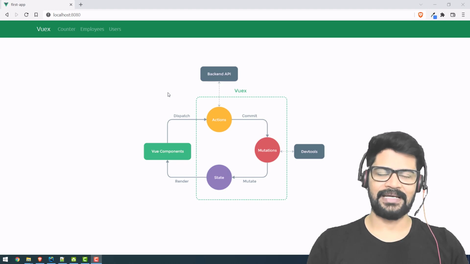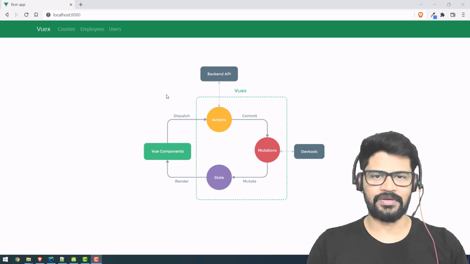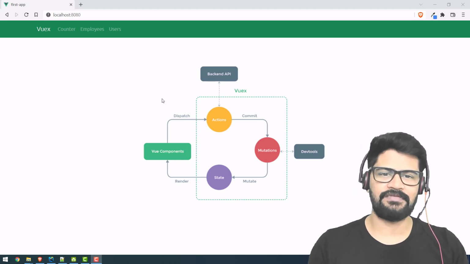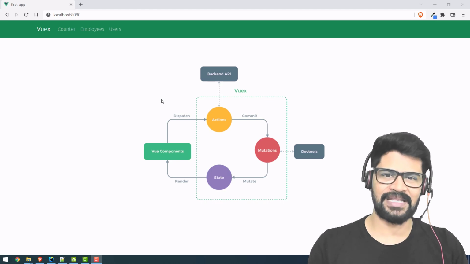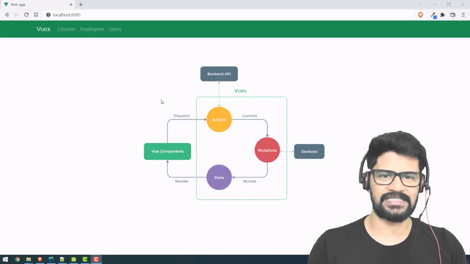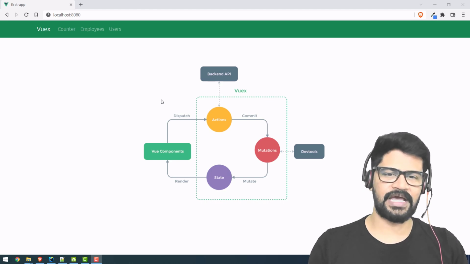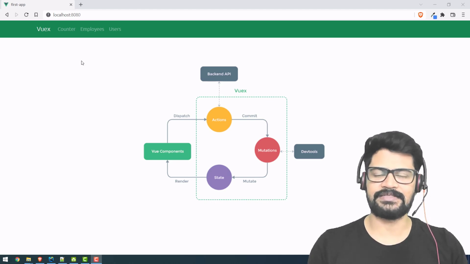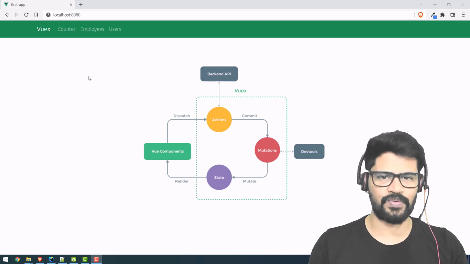Hey guys, welcome back. This is another crash course on Vuex for Vue.js applications. Vuex is a library we can use for state management in Vue.js based applications. In the last video we learned about Redux Toolkit, which is the library we can use for React.js applications, and Vuex is specifically used for Vue.js